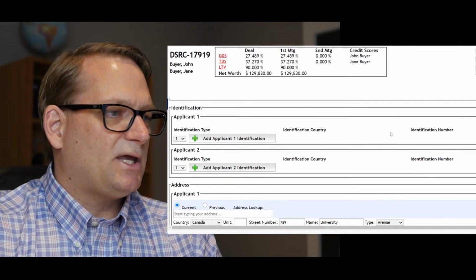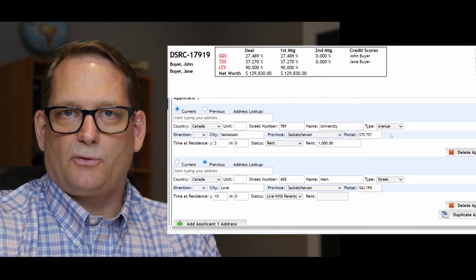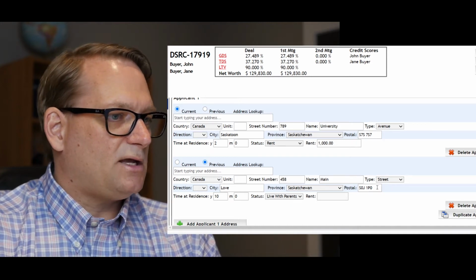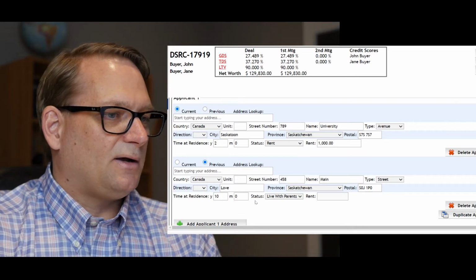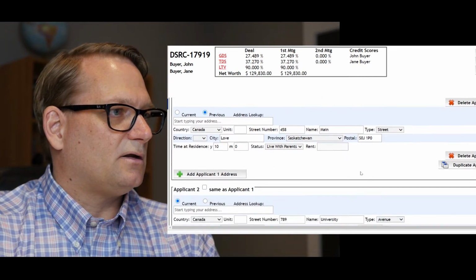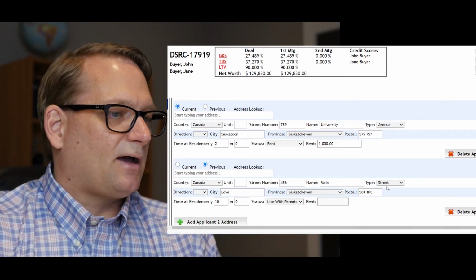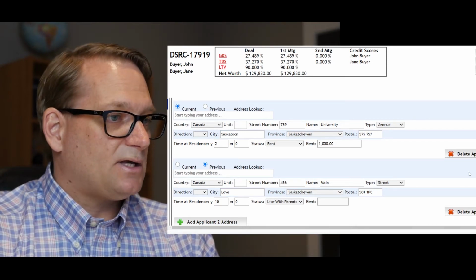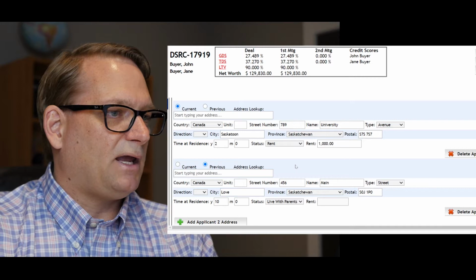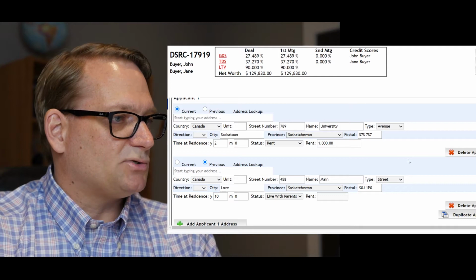Now, when we're doing the application, when it comes to addresses, we need to go back 3 years of history for your residential history, so where you've lived. We'll go over this with John and Jane. They lived with their parents back in Love, Saskatchewan. John was at 458 Main Street, and Jane was at 456 Main Street in Love, Saskatchewan. They were just a couple of doors away from each other and lived with their parents. They no longer do that, and they've moved off to Saskatoon, where they're paying rent. So we've got more than a 12-year history of their residential status here.